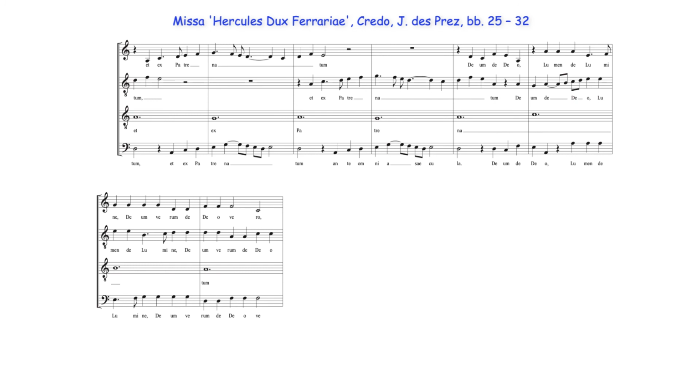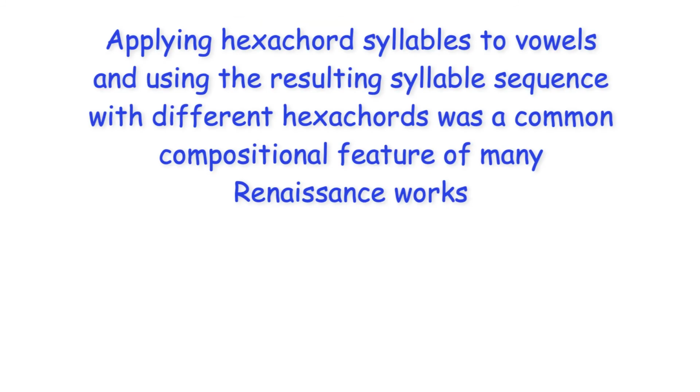Josquin could have also mutated during the syllable sequence, creating other note sequences. Applying hexachord syllables to vowels and using the resulting syllable sequence with different hexachords was a common compositional feature of